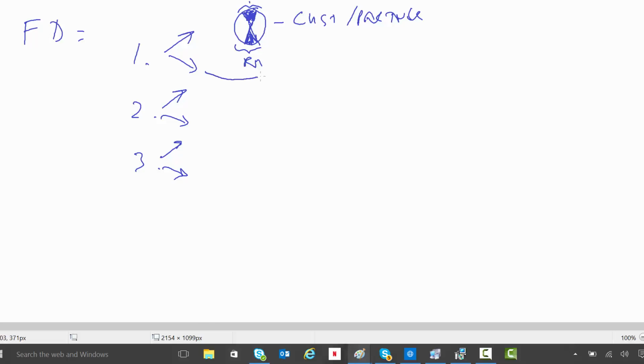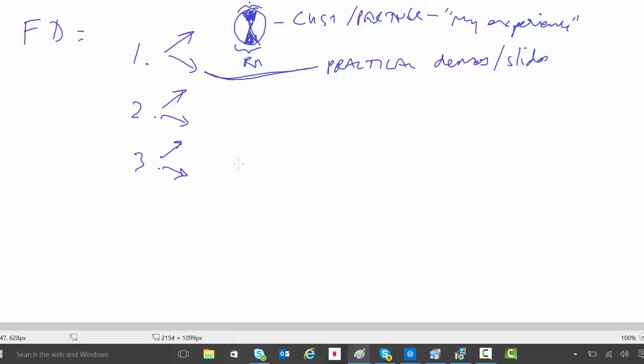And then in here, it would be great for us to describe the first bit here, the customer partner, would be a sort of a my experience thing, where the customer or the partner says, we did this and this is what we found. Whereas this would be a much more practically based session, with demos and slides and sort of typical presentation. And then I'd just like to get into more detail in these sections here, but each one of them would be, this would be a how, so how to do